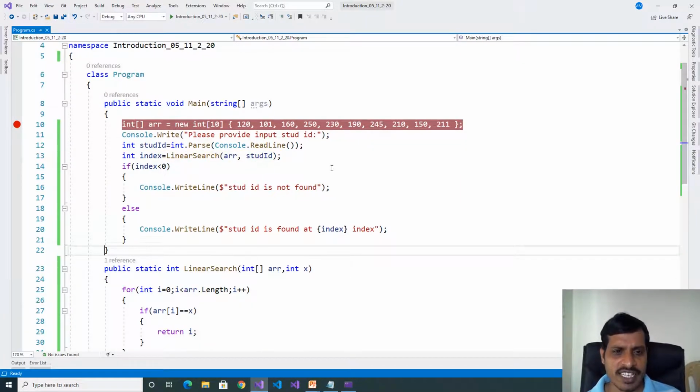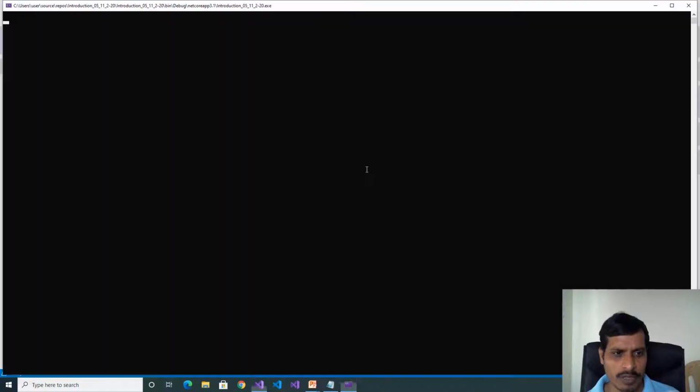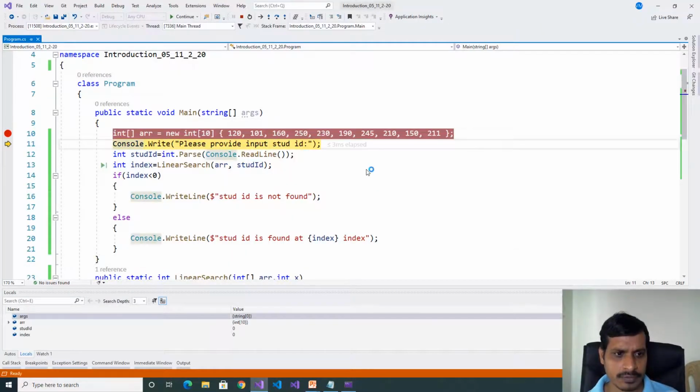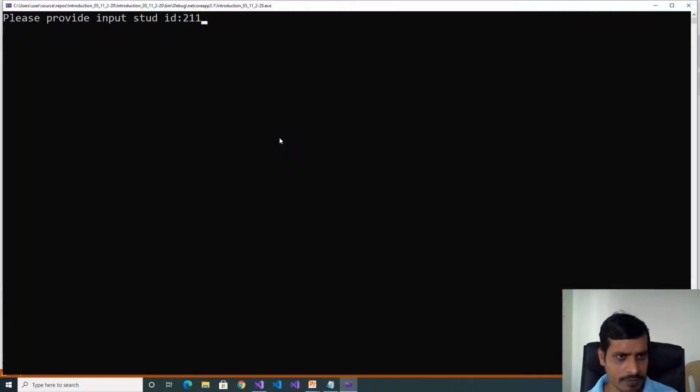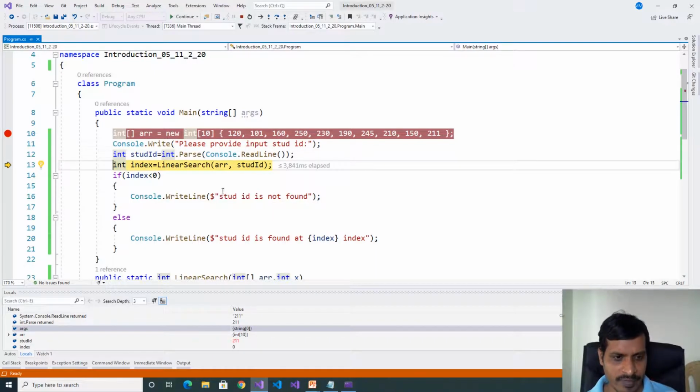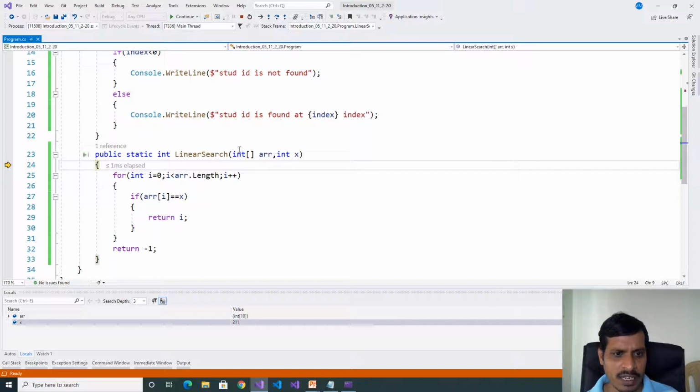Now we will check the worst case. Here the last item is 211. We will debug the program. 211. Enter. Here we are calling the linear search function. Here the array contains values 120, 101, 160 and so on up to 211, and x is 211.